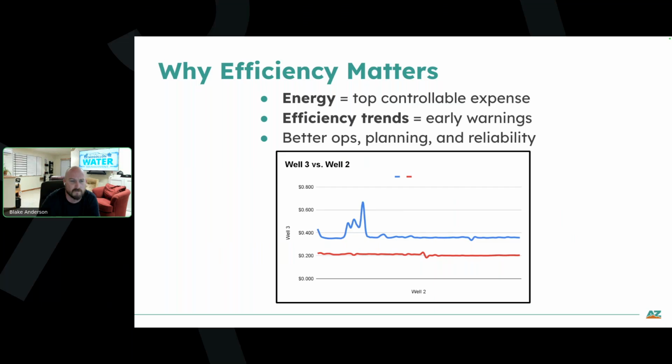And so it may not seem that significant if you're just looking at 20 cents here, 20 cents there, but a well pump may produce 100 million gallons, multiple hundreds of millions of gallons over its lifespan. And so let me put it this way. I don't know if you guys are familiar with the Pan American Highway. It's a series of roads that'll take you from the northernmost part of North America up in Alaska to the southernmost tip of South America in Argentina. And so this road trip that you go on, it's about 19,000 miles in total.